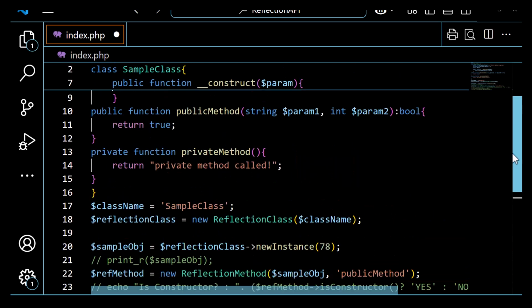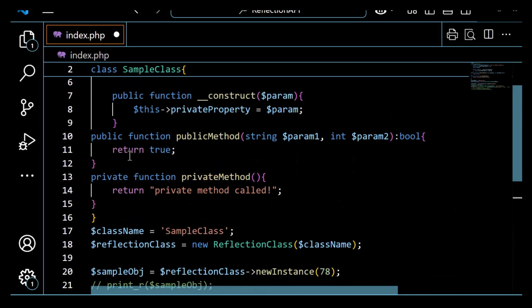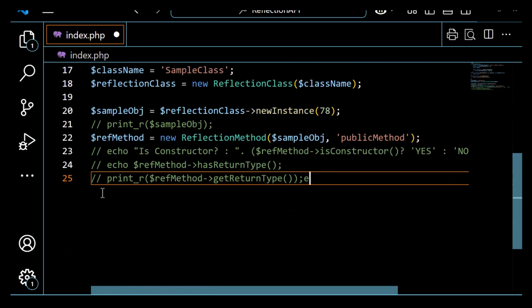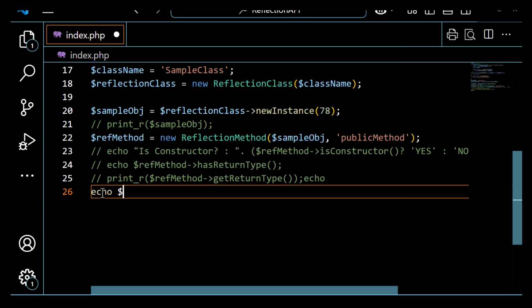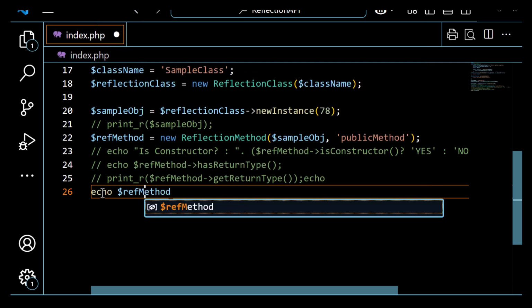So in the case of public method, we are not echoing out anything, so nothing will be printed on the screen unless after the invoke, whatever output we get returned as a result of executing the invoke method on this method, we have to separately print it out. So what we are going to do is that echo ref method